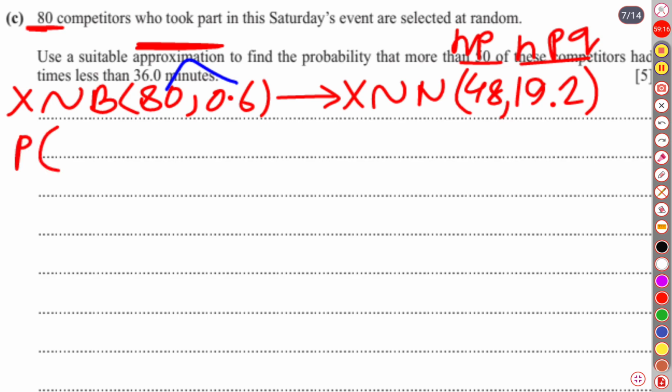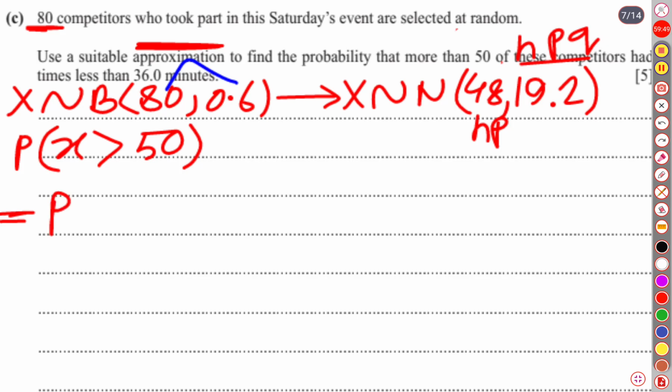More than 10. Here it is written more than, sorry, 50, not 10. More than 50 of the competitors. Let me show you clearly, it is 50, more than 50, and here it is n and p. So X is more than 50 competitors, which if we standardize, then Z is greater than